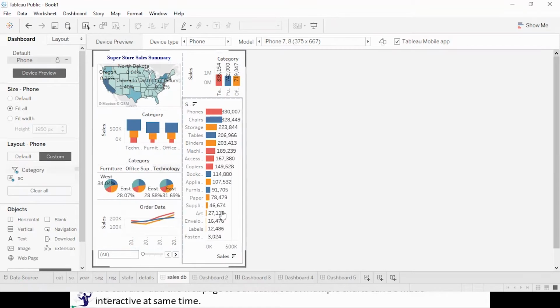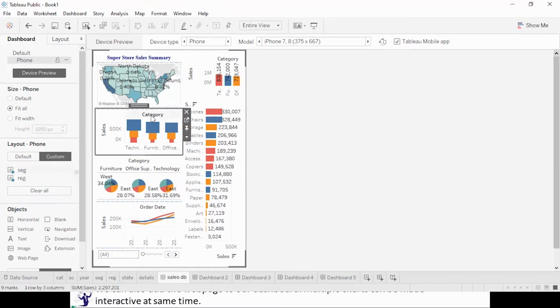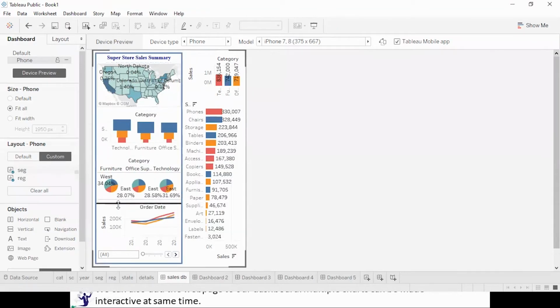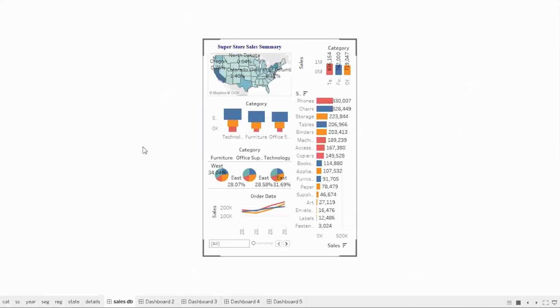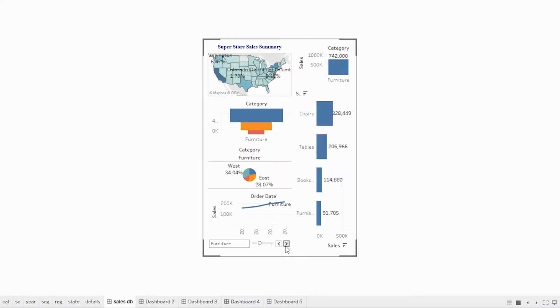Okay, supposedly, let's see how it looks. Better? Still the person can get information of what the data is saying. Yes or no? And that too on the phone, this visual will be 100% interactive.